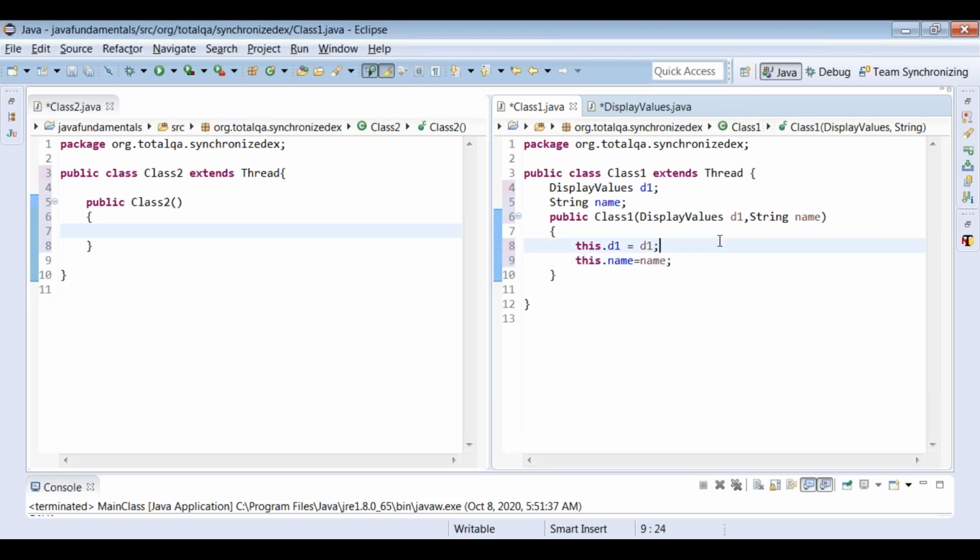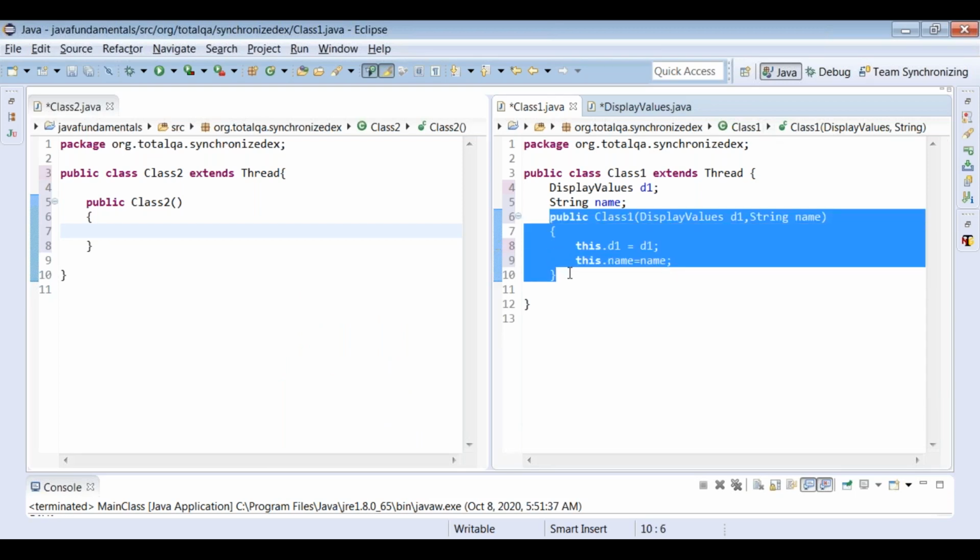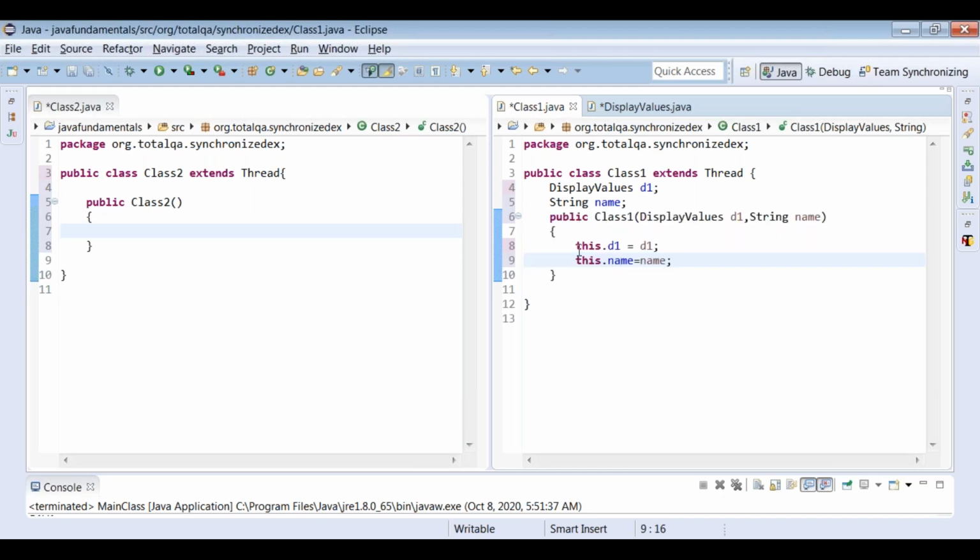So what is happening here is, this is a constructor. Whenever we create an object of Class1, we pass two parameters: one is the d1 object, and one is the string parameter name, and we associate these two values with the local variables. Same thing we do here also.